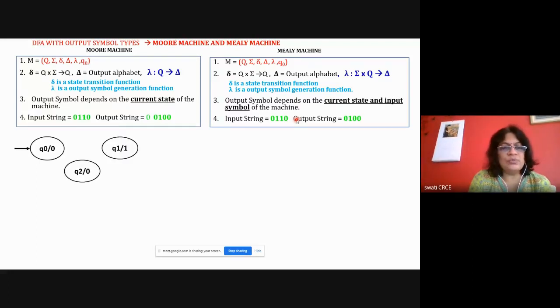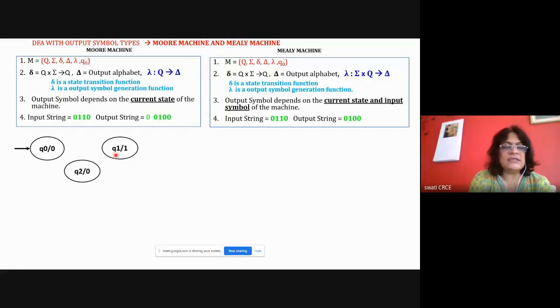Okay, so this was the example. This is a representation of a Moore machine. In a Moore machine, you show the states like this: Q0, Q1, Q2, and within the state itself you represent the output symbol. Here the output symbol depends on the state. So this is state Q0. Whenever the machine reaches Q0, it always generates 0. The meaning of this particular node is that Q0 always generates 0. Q2 always generates 0. Q1 always generates 1. Okay, so it is like that.